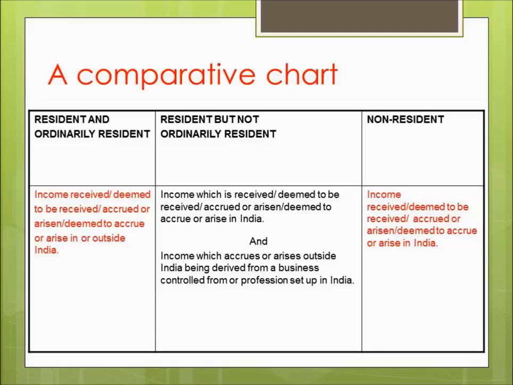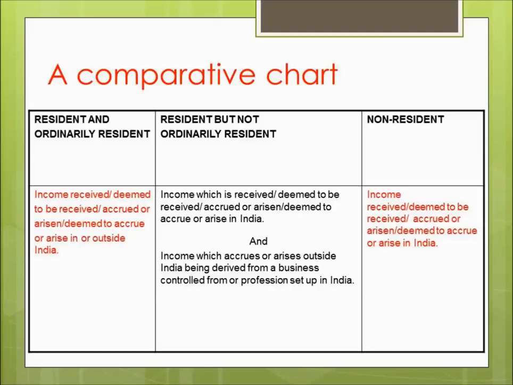Resident but not ordinarily resident. The income which is received or deemed to be received or accrued or arisen or deemed to accrue or arise in India, that is includable, and income which accrues or arises outside India being derived from a business controlled from or profession set up in India. So whatever income is arising in India or whatever income I am receiving in India is chargeable to tax, and the income which is arising from outside India but that business is being controlled in India, so that income will